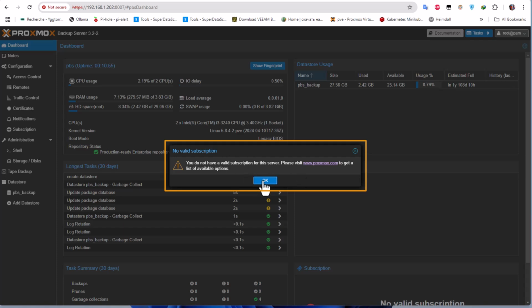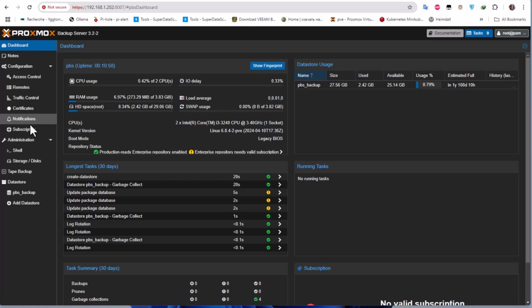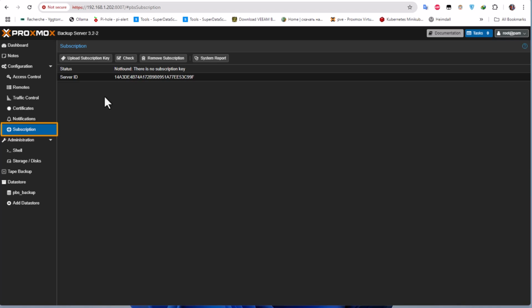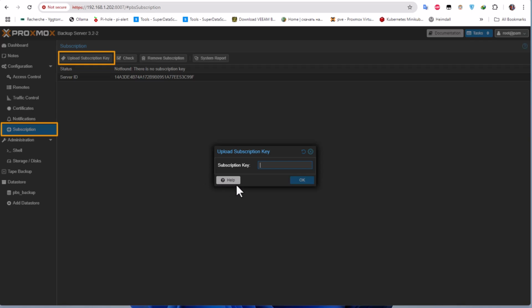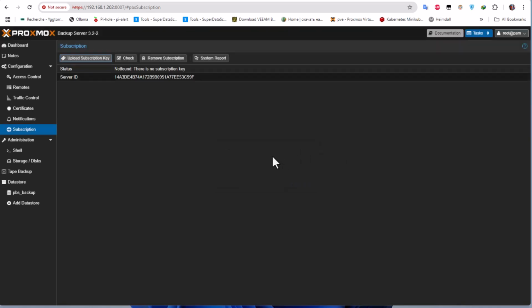If you hit OK here and go to the subscription section on the left panel, you will find an option to upload a subscription key. Normally when you buy a subscription, you will get a key that you can enter here in order to get a valid subscription. But as we don't have a valid subscription, in order to do updates, we can get rid of the message that was shown at the beginning. It's pretty easy. You go to the administration section